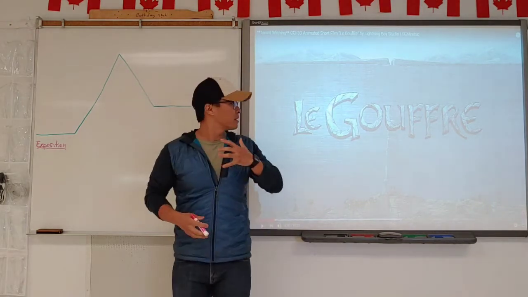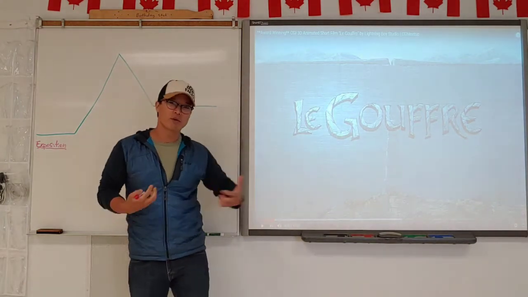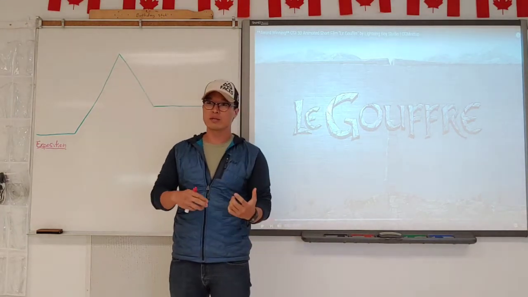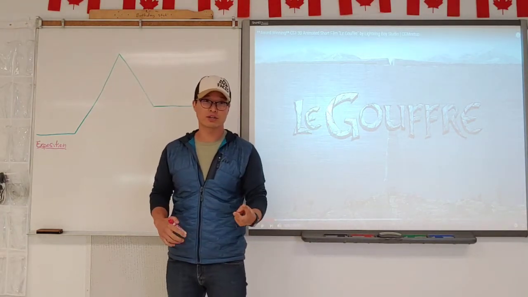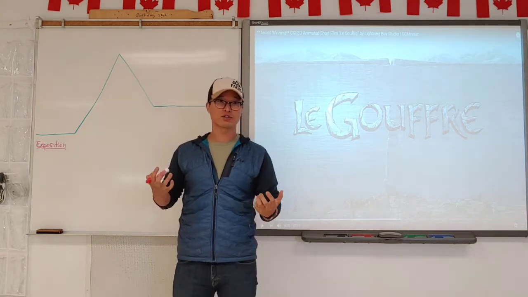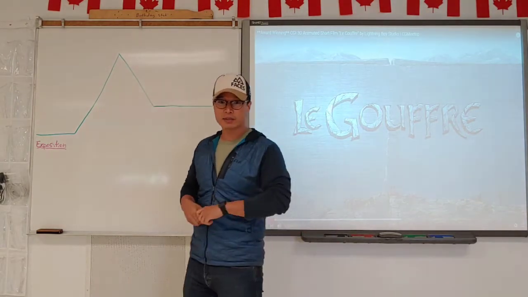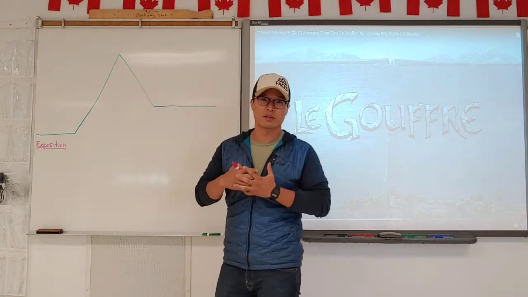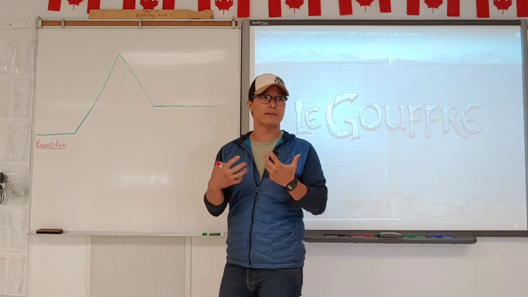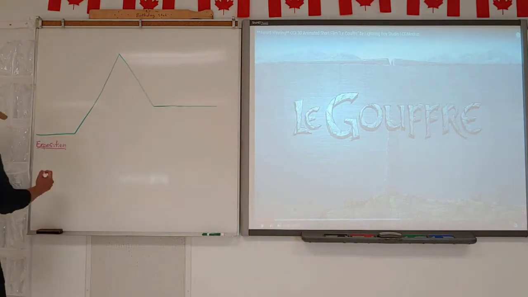So, in this video, the Gulf, or the canyon, we meet our two characters, the two adventurers, and we find that they're traveling through a forest to try and get to this location. And in the exposition, we also learn that there's a village there. There are materials for them to build stuff with. So in the exposition, we meet